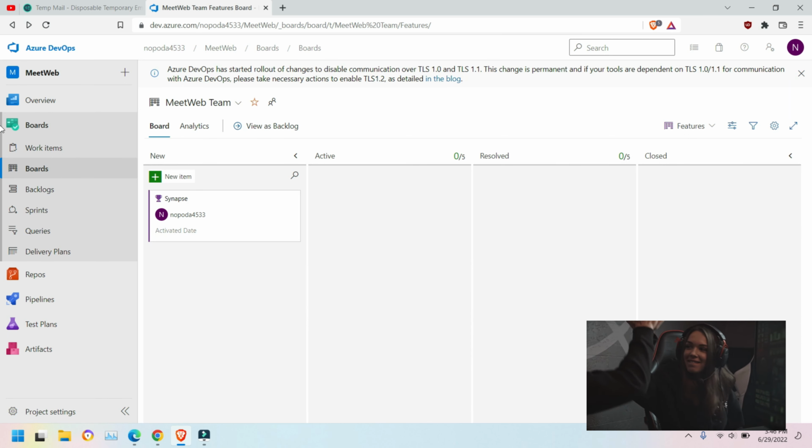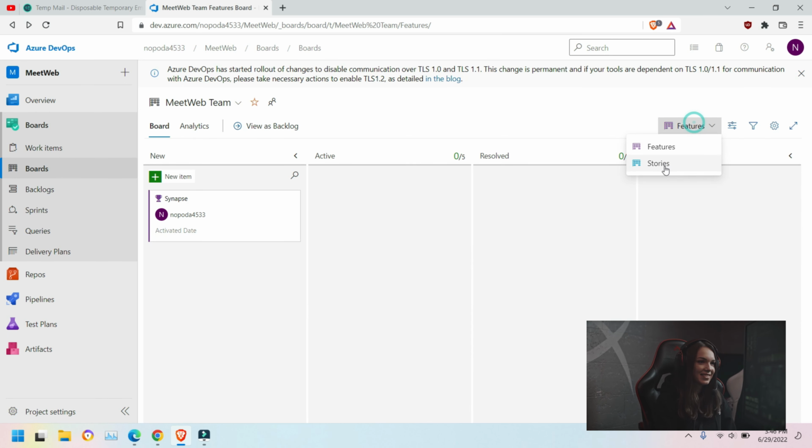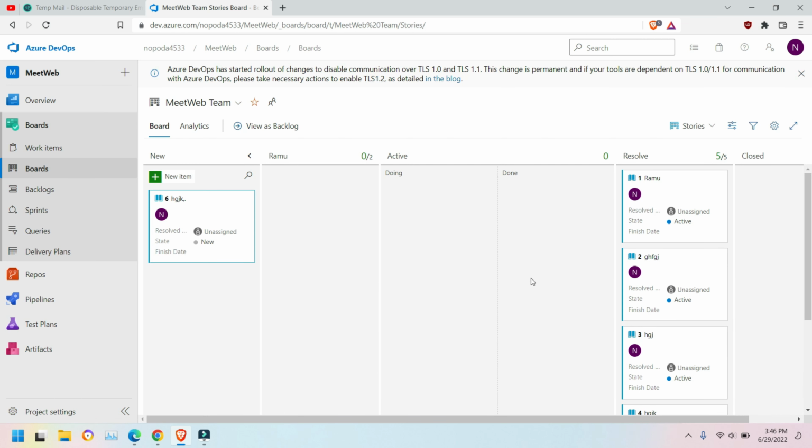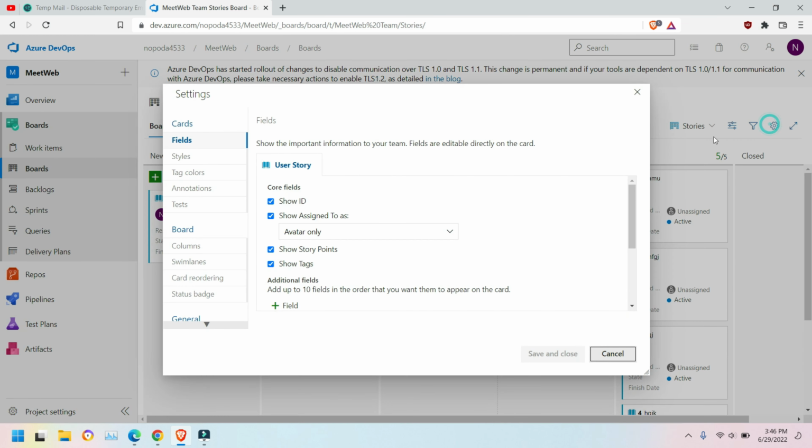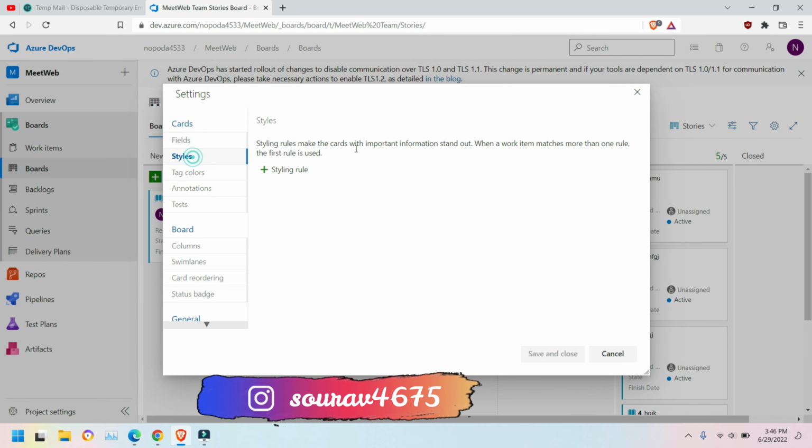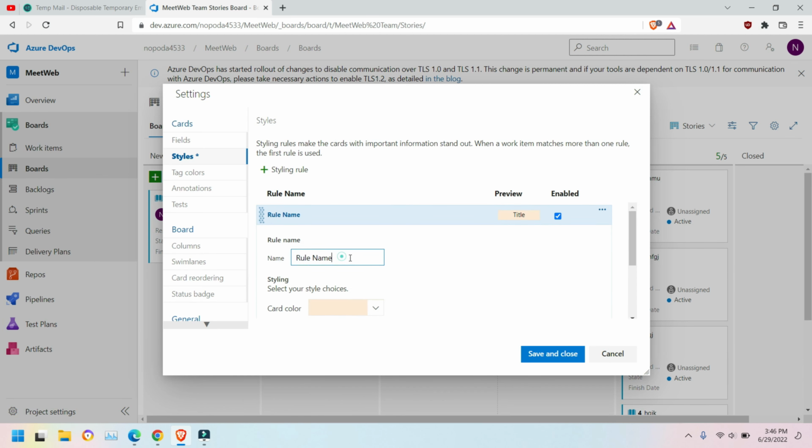ये मेरा आप देख सकते हैं, इस तरह से मेरे को यहाँ पे एक बोर्ड में एक आइटम पड़ा हुआ है, ये फीचर्स पड़ा हुआ है। Let's do one thing, let's go to stories. I already created some of the stories, अभी मैंने क्रिएट करके रखा है। तो मैं क्या जाऊँगा, सेटिंग में जाऊँगा, सेटिंग में जाके एक गोल गोल बटन बनाया रहेगा। स्टाइल्स में जाऊंगा, स्टाइलिंग रूल पे जाऊंगा।